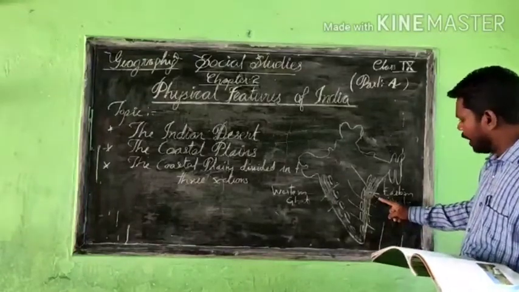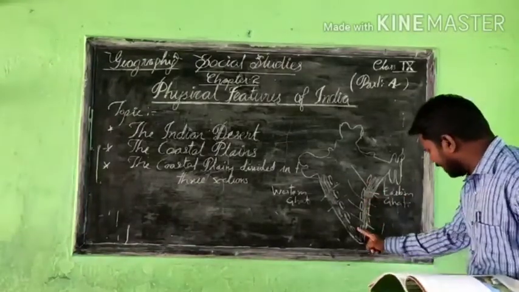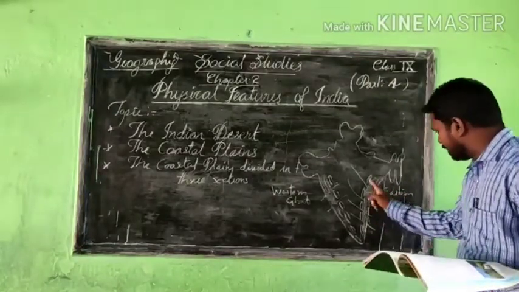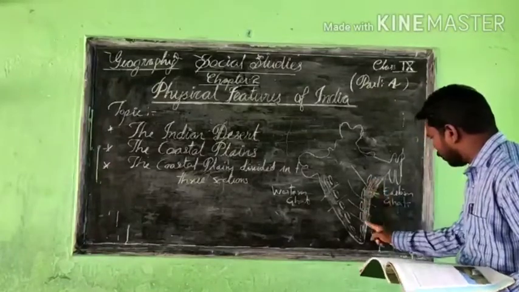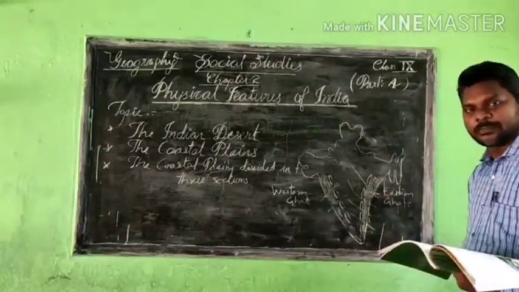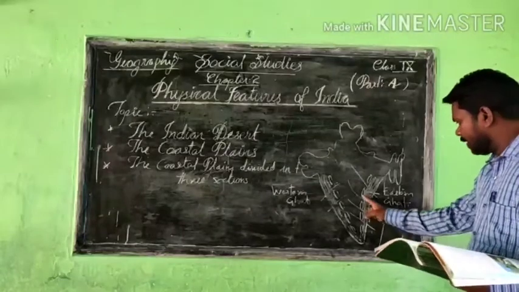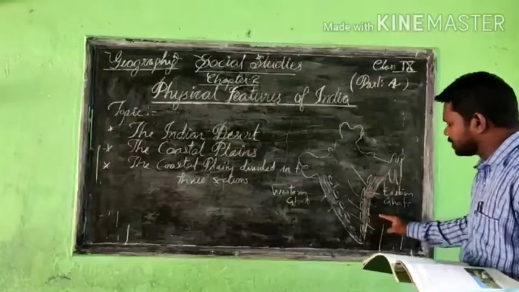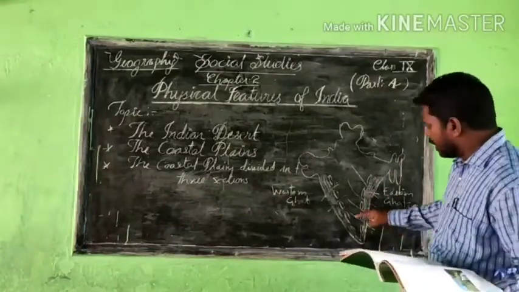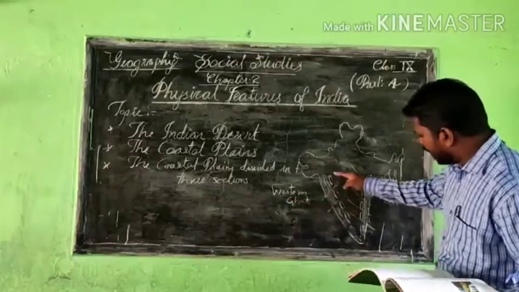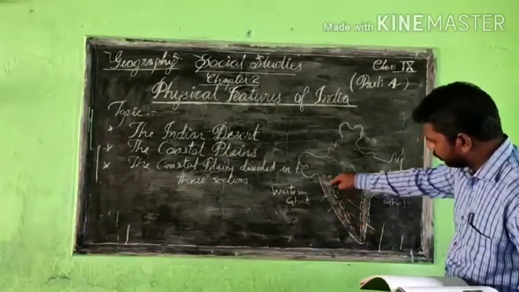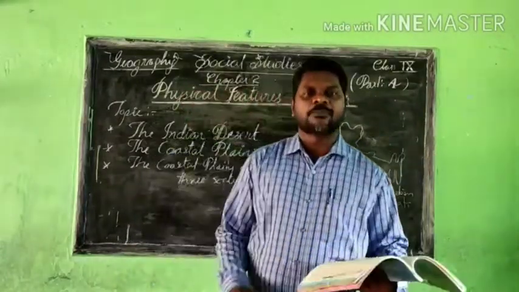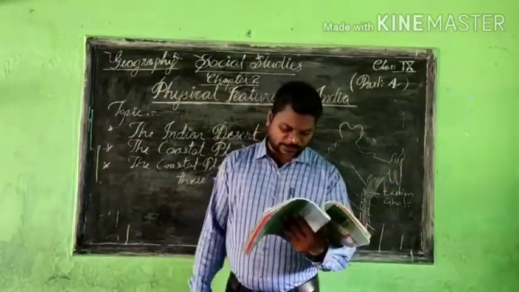And you know that when we move to the eastern side, the Eastern Ghats are there, and in between the Bay of Bengal and the Eastern Ghats there will be plains, called the coastal plains. You understand what I am saying? In between the Eastern Ghats and the Bay of Bengal, there are plain areas. This is called the coastal plains. And in between the Arabian Sea and the Western Ghats, these places are the plain of the west. So these are the coastal plains we are able to see.